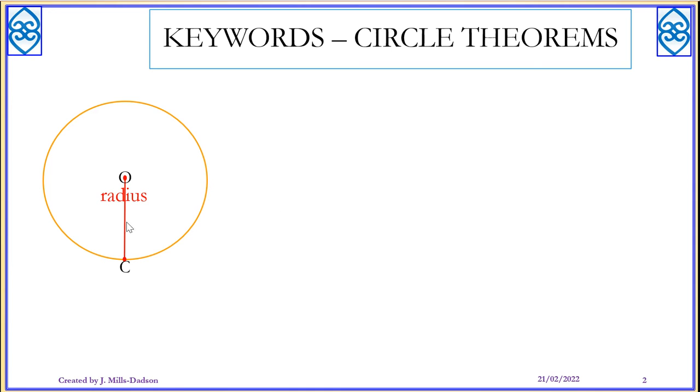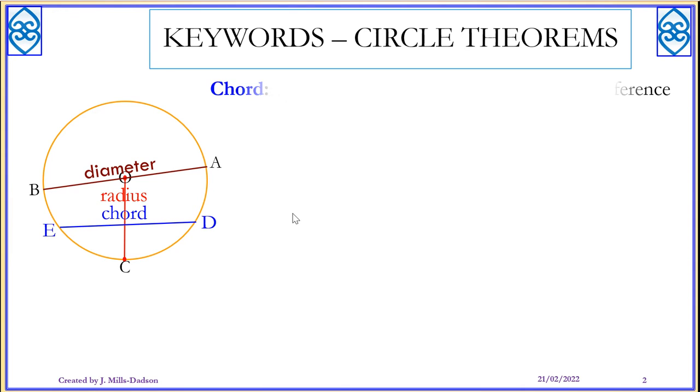So that is a radius, a diameter from one end of the circumference through the center to the other end. That's a diameter. And we have ED is a chord, and a chord is simply a line whose endpoints end at the circumference. So it begins from one end of the circumference to the other one. So you can say BA diameter is also a chord, but it's called the biggest chord, and the special name